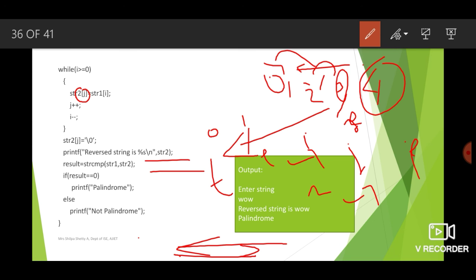So we will call result is equal to string compare of str1, str2. If result is 0, then only it means strings are equal, that is, the original string and the reverse string are equal. So we will print that it's a palindrome, otherwise we will print that it's not a palindrome. The entered string here is wow, so the reverse string also will be wow, and it's a palindrome.